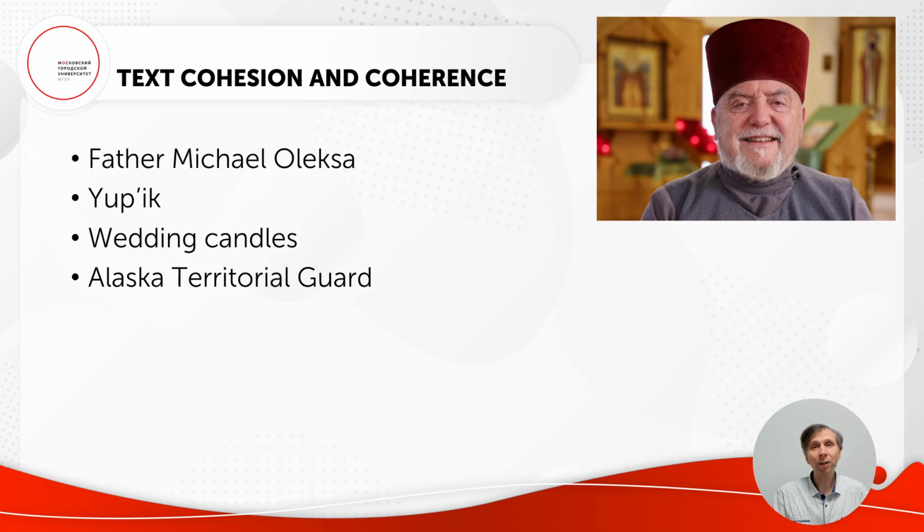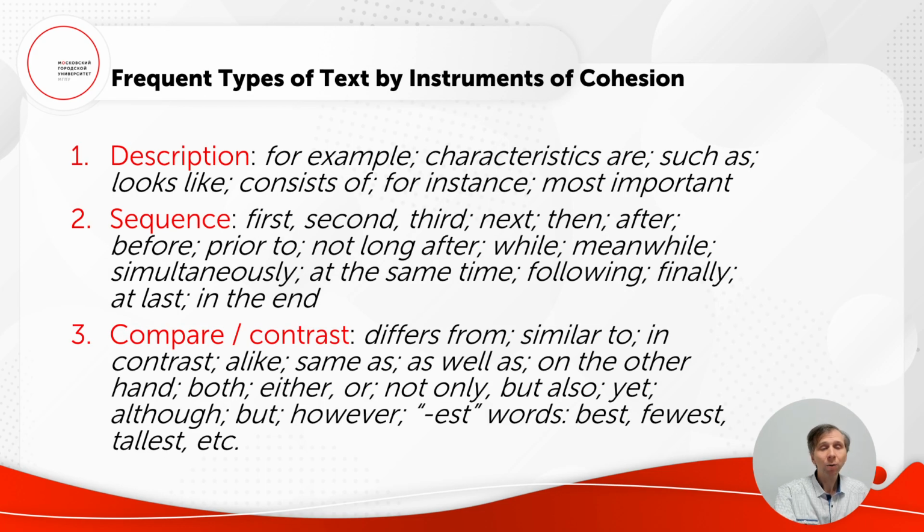So sometimes we have to think to see the coherence in the text, rather than seeing it on the surface. So coherence is deeper than that. Well, for the remaining part of this small segment of the lecture, we're going to look at the frequent types of text by instruments of cohesion. I think this is important for us,